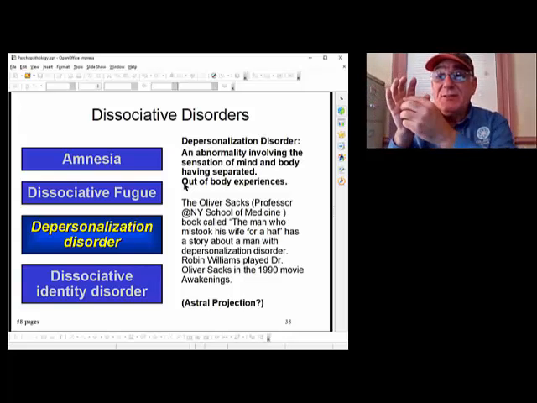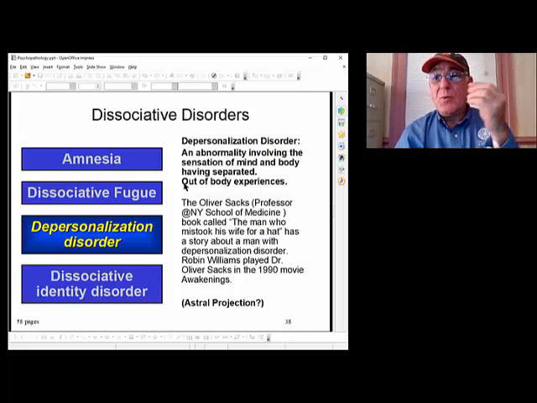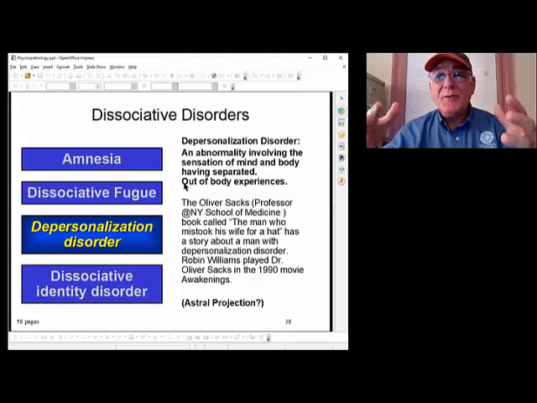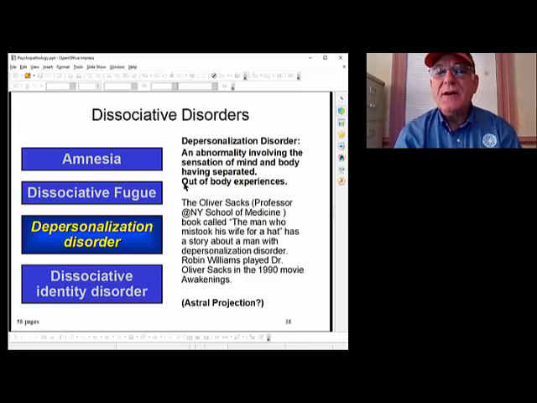So Dr. Sacks took the ball out of his hand, put his hand back in his lap, walked away from him, turned around, and tossed him the ball. And the patient caught the ball and froze again. So he gathered up all these coma patients and started to figure out what's wrong with them, and found out that they did not have enough of a particular neurotransmitter. And so he gave them more of this neurotransmitter, and they came out of their comas and started talking and walking around, just a regular normal person.